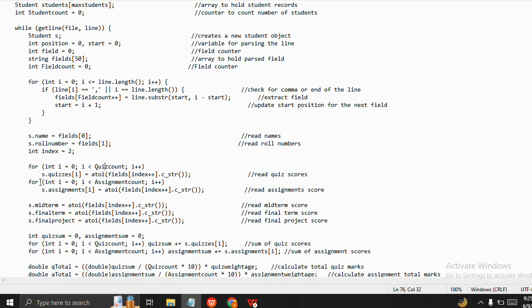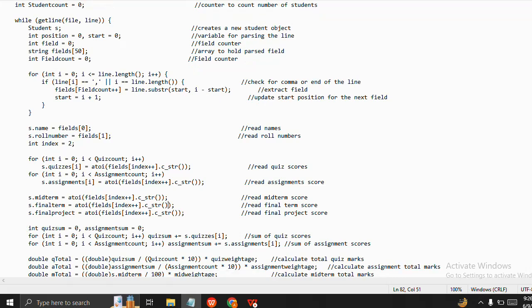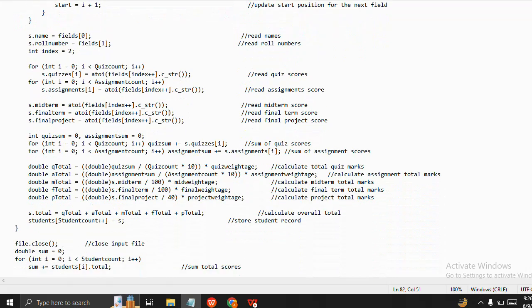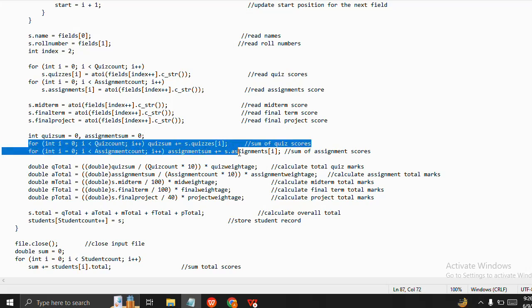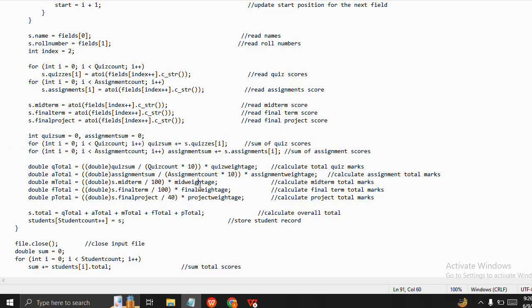Then again a for loop for assignments, to enter assignments until it reaches the assignment count. And next, in this part it's going to read the midterm scores, the final scores, and the final project scores. And in this part it's going to sum up all the quiz scores and the assignment scores, and in double Q total it's going to calculate the quiz marks,